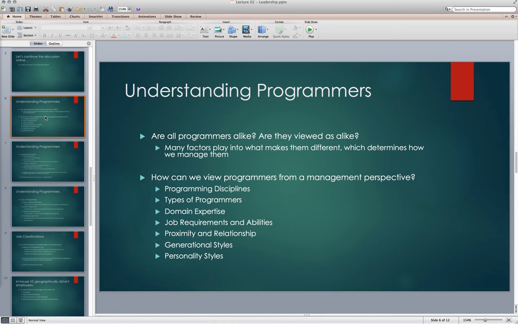One of the first questions that is often asked is, are all programmers alike? And I think we know the answer to that is obviously not. I very rarely meet any two programmers that are, and I've never met anyone who is exactly the same. You get team cultures that develop when a group of developers work together for a very long period of time, or go through a very intense experience that causes them to form a closer relationship much quicker.